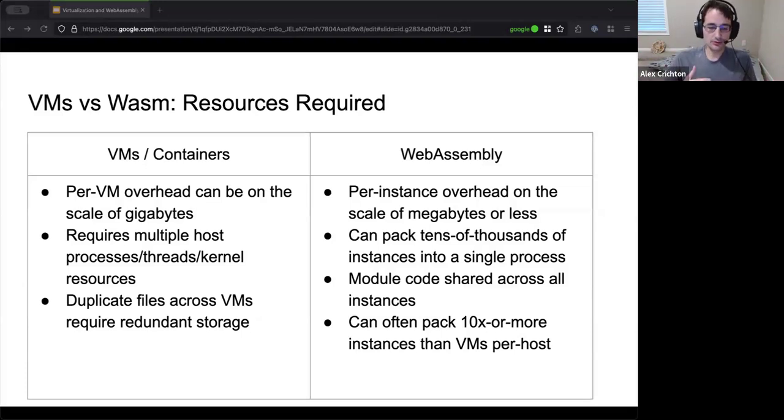But again, it's a bit of an apples to oranges comparison in the sense that a virtual machine is a full-fledged operating system. It's got a whole user space, tons of programs inside of it, whereas a WebAssembly application is more like one executable. So it depends on what you can fit within. If you can fit within this one executable style, WebAssembly will allow you to greatly reduce your resource costs, greatly reduce the size of virtual machines or servers and things like that.